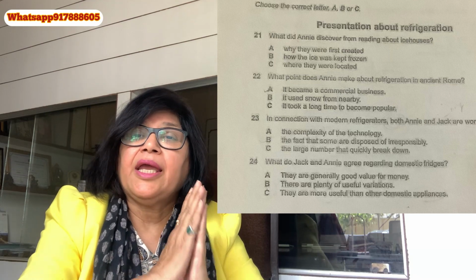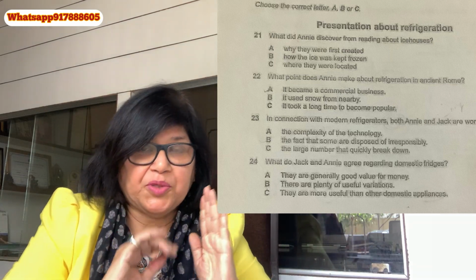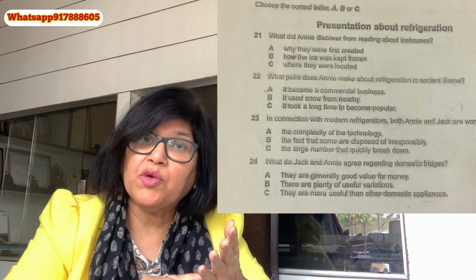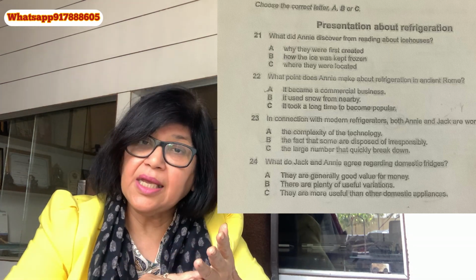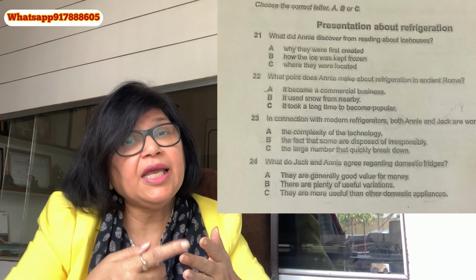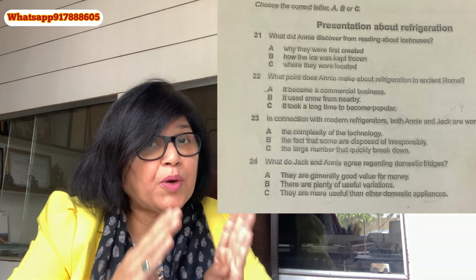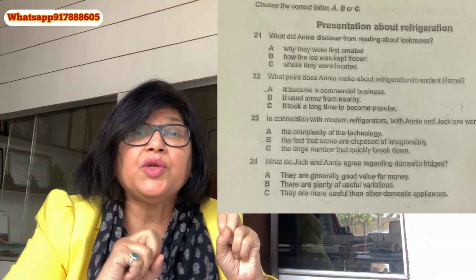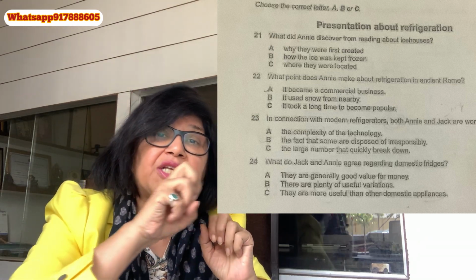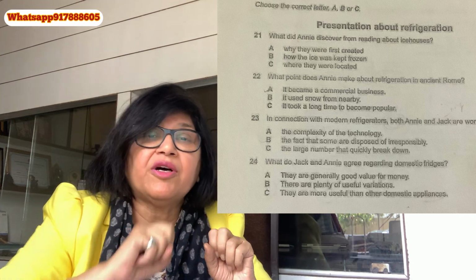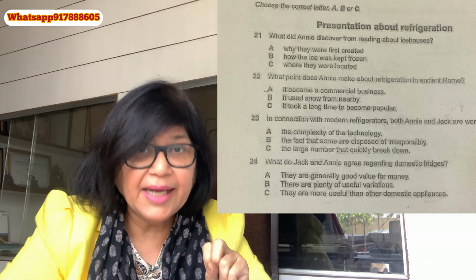See, they are going to give you all options. It could be B, C, A. It could be A, B, C, or it could be C, B, A. All permutations and combinations possible. So what you are going to do is, you are going to catch whether they are going for the C first or the B first or the A first, right?